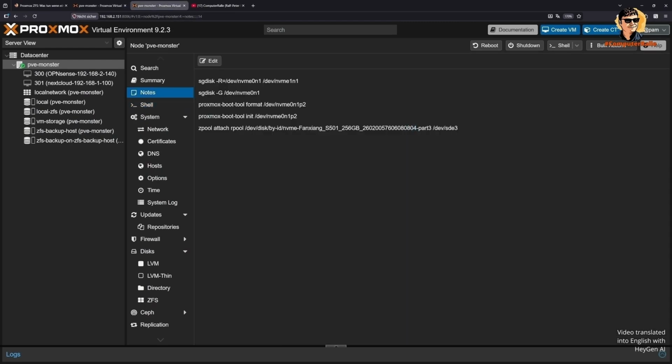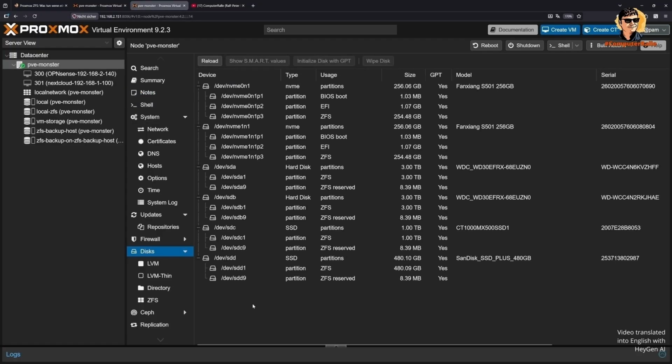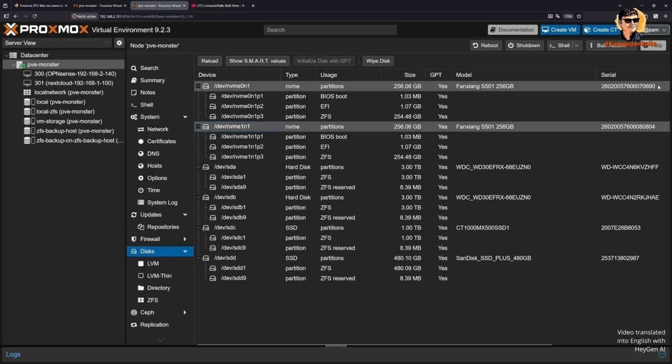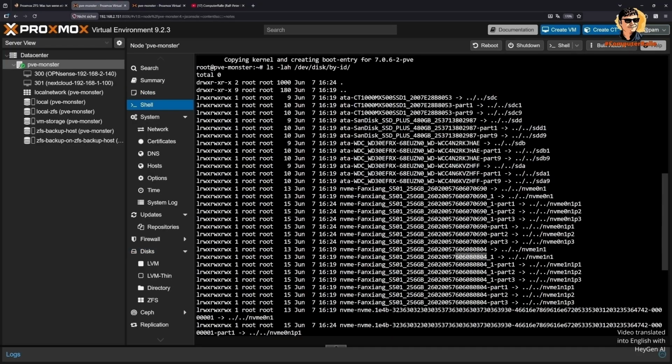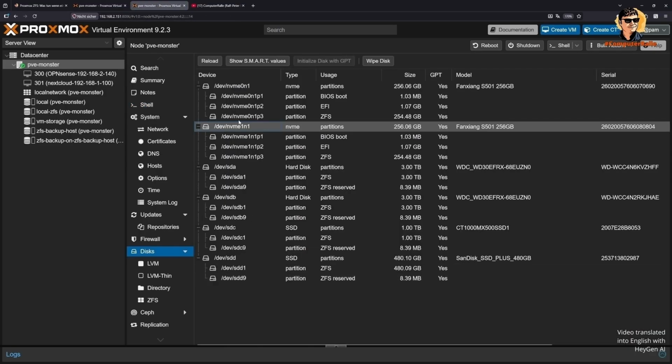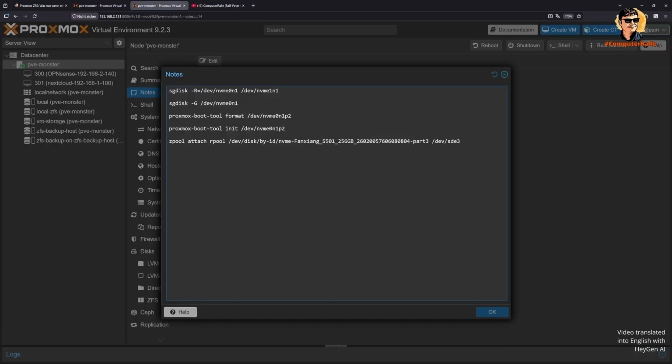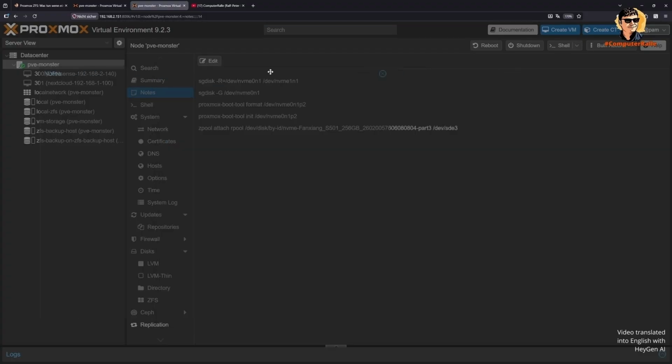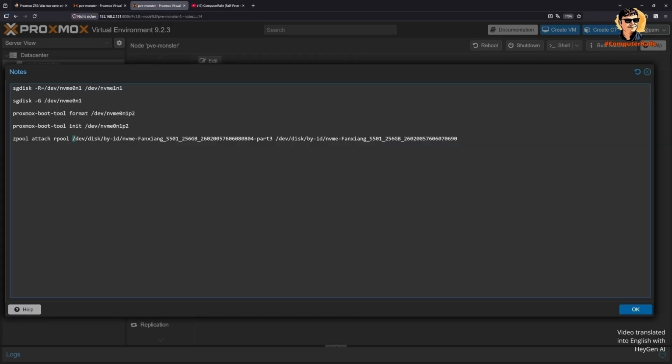Yes, that's the 804. We can also check again under disks, right? We need 804 and 690, so let's check, 804, 690 is this one here. The disk by ID is the 690. I'll copy this whole construct here. Copy. I'll go in here to the notes into my command, edit it and say here dev, copy this for me. Disk by ID. Insert that in between. And then my command looks like this. Add to the rpool with this ID 804, the disk with the ID 690,